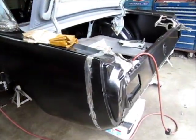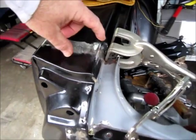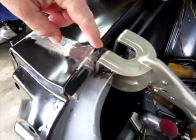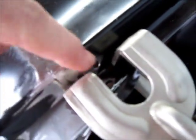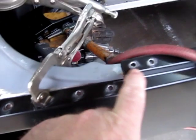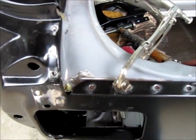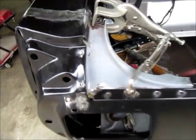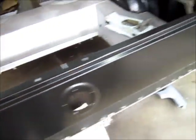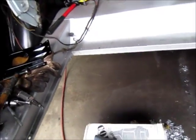Alright gang, I just wanted to show you a little more on these filler pieces. I just went by the old marks where they were attached to the old car. You can see there's some holes down there where I drilled it out. There were some along this edge here, and then here and here. Now I did drill the holes and prepped them and ground the metal smooth, so I don't have any paint in the way. Once I get both of these in place, and they're just clamped up for now, I'm going to also install